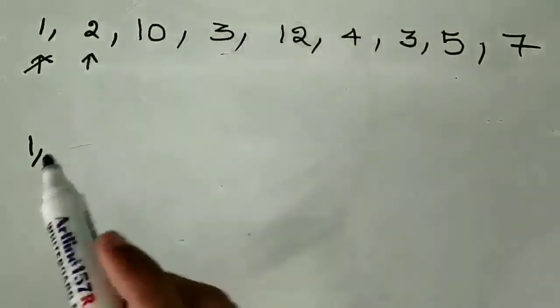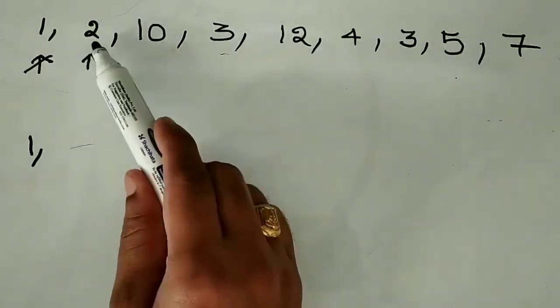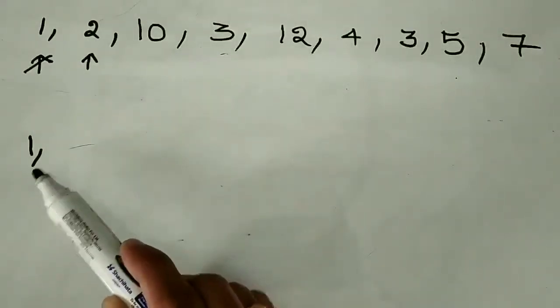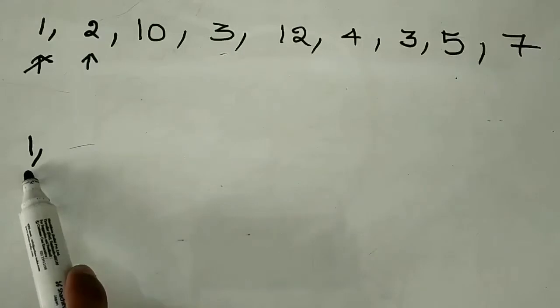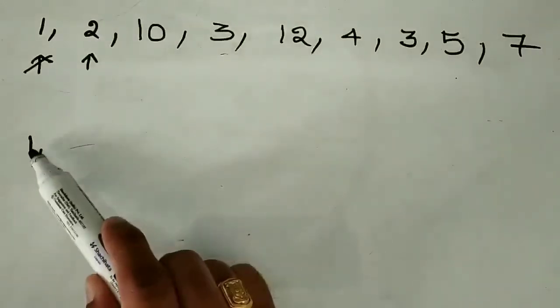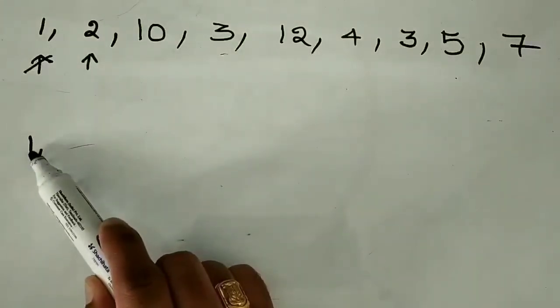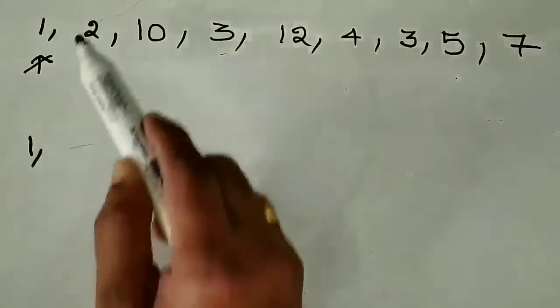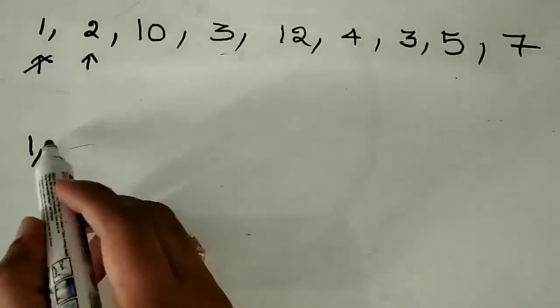And here remember one thing, whenever we add an element to the array, we compare a few things. We pick up the last element from the array and check whether this element is greater than the last element from the array. Here 2 is greater than the last element from this array, so I will directly add 2 to this array